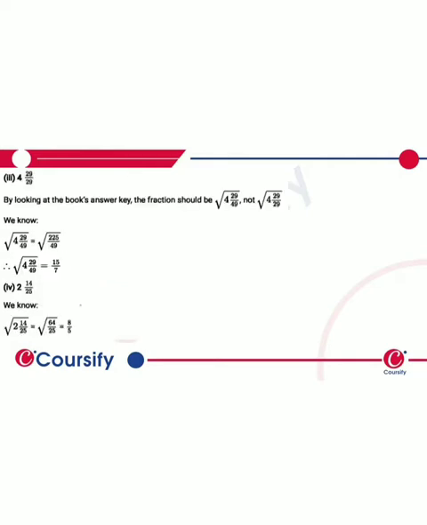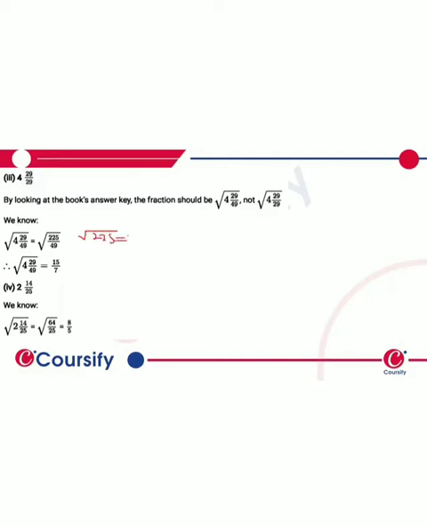Third part, that is 4 and 29 upon 29. So this becomes 29 into 4 plus 29, which is equals to 225. So we'll again solve the numerator and denominator separately, and under root of 225